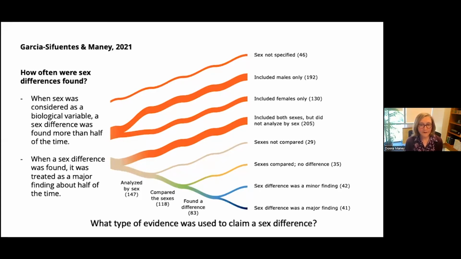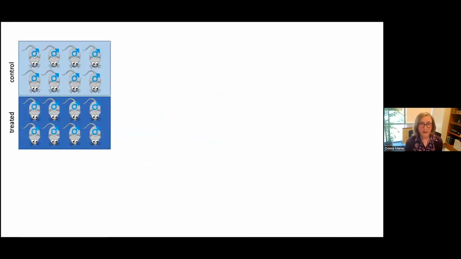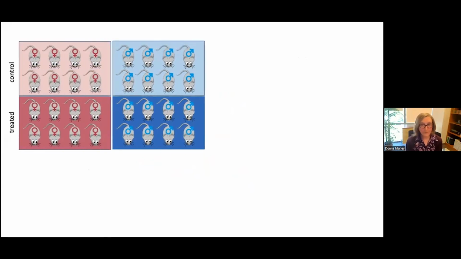So on to our next goal, which was to look at the type of evidence used to support a finding of a sex difference. And we focused on studies with a particular design that I'm going to go over here. Now, most studies that are affected by SABV are going to have a type of design where before 2016, there might have been only one sex of mice, for example, either in a treated group or in a control group. But now for researchers complying with SABV, we have two sexes for a total of 4 groups.